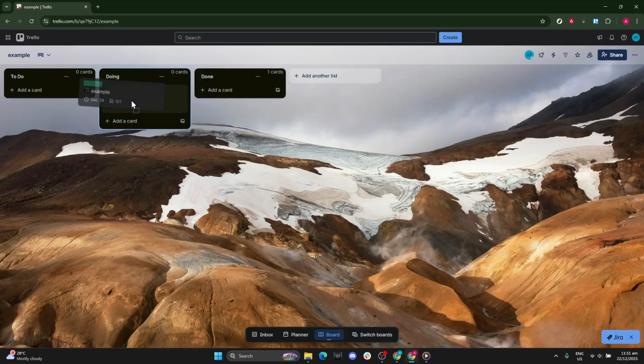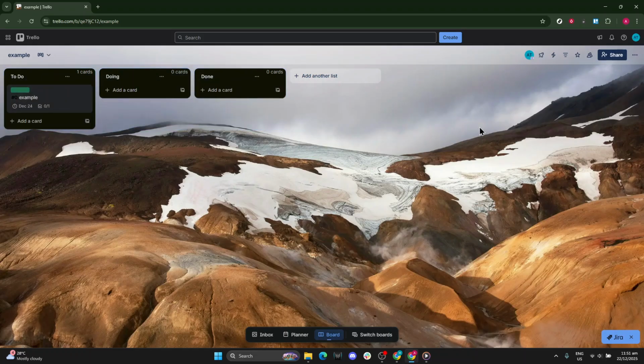That's it. Create a board, add a card, name it, open it, label it, set dates, add a checklist, and drag it to organize your flow. Keep things simple, stay consistent with names and colors, and you'll have a board